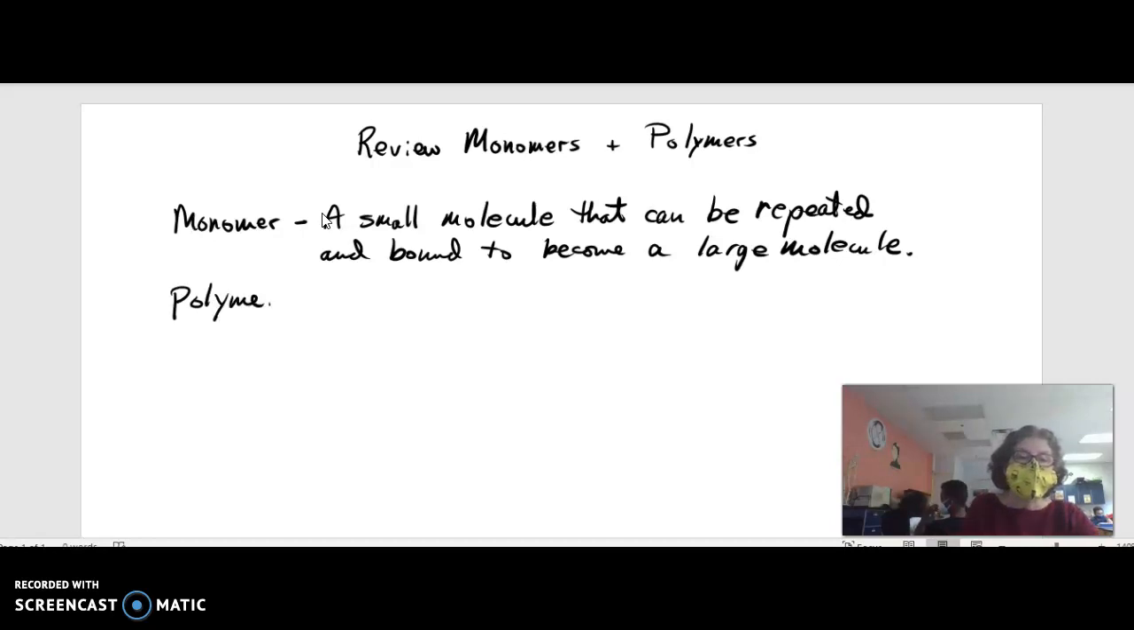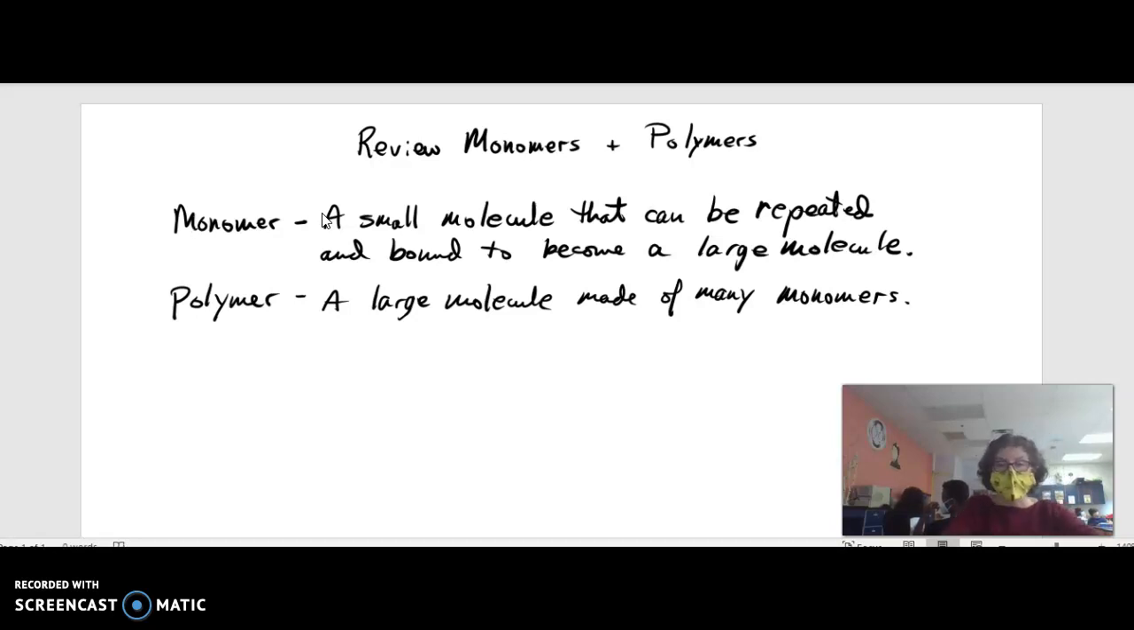I'm going to say a polymer is a large molecule made of many monomers, so that you have a long chain of them. That's it. Okay. So now let's go a bit into examples, because some students get confused about exactly how you